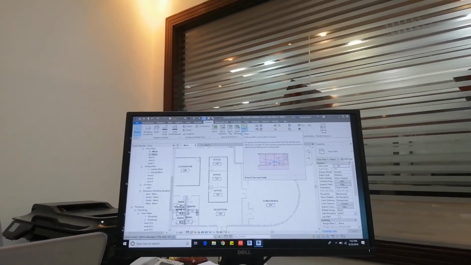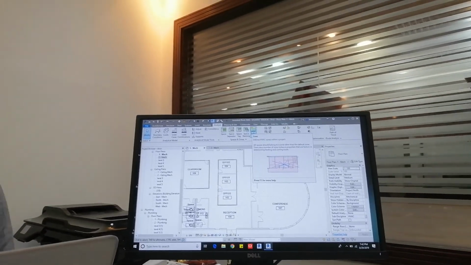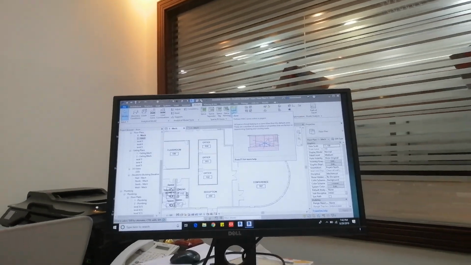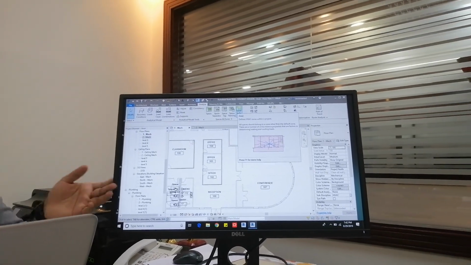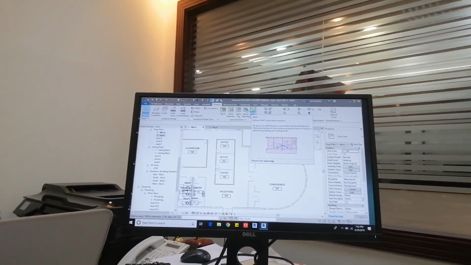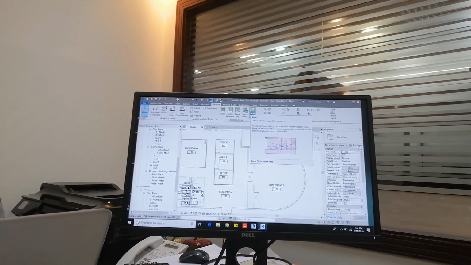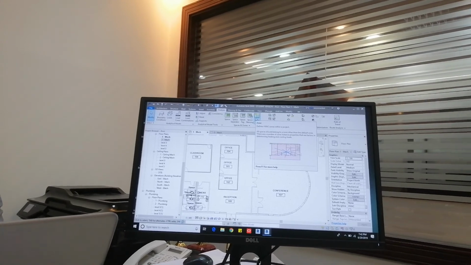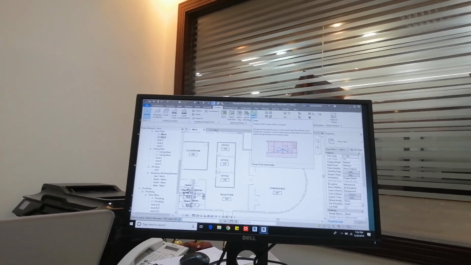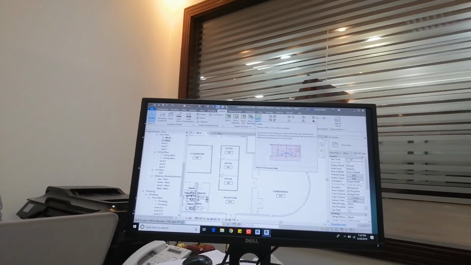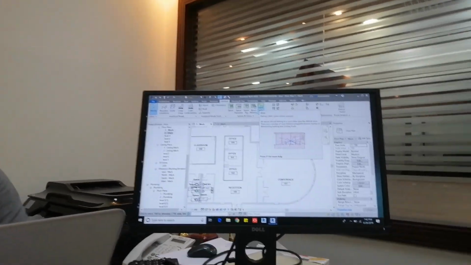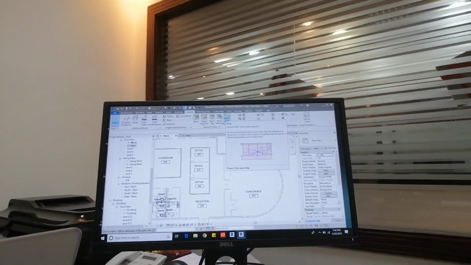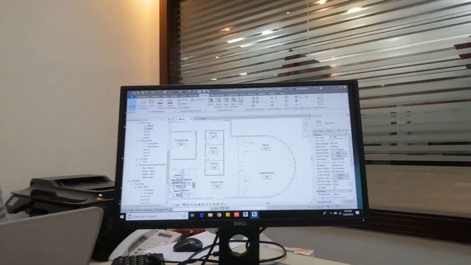Normally you will be getting the tonnage for each space. But I want to get the tonnage for the whole office, let's say it's a building. I want to separate it into zones: one zone, one office; another zone, another office. For each zone I'll get the calculation separately. The zones will consist of a lot of spaces, more than two spaces, to make a zone. So how to make a zone.